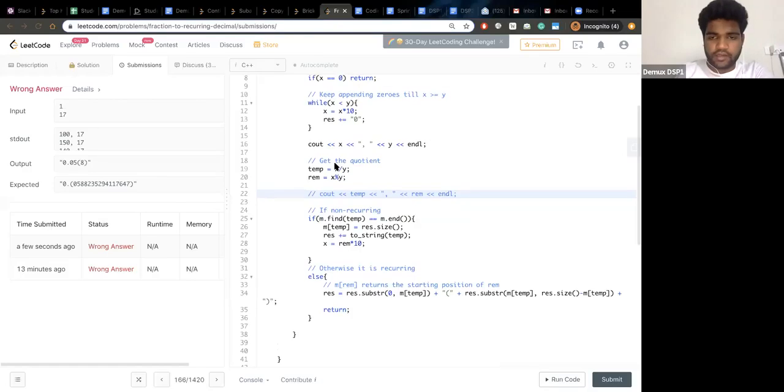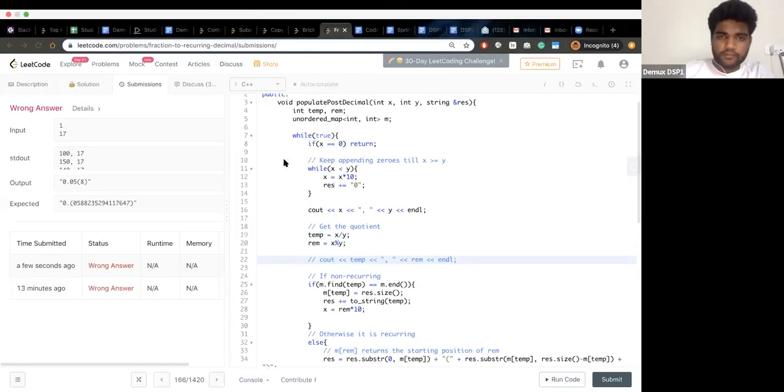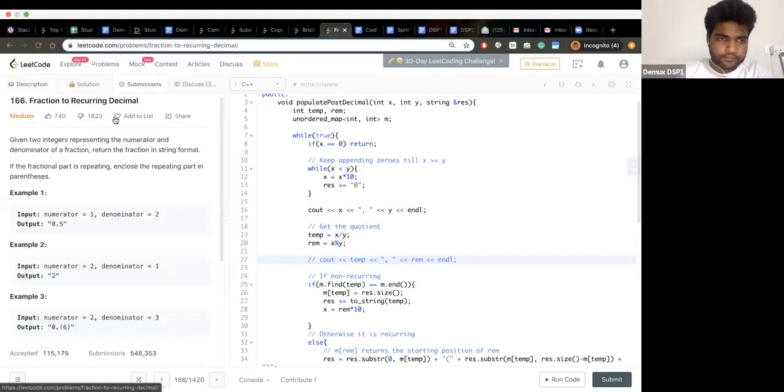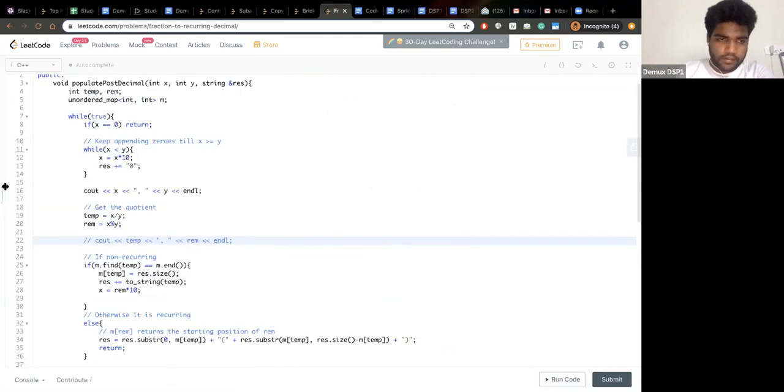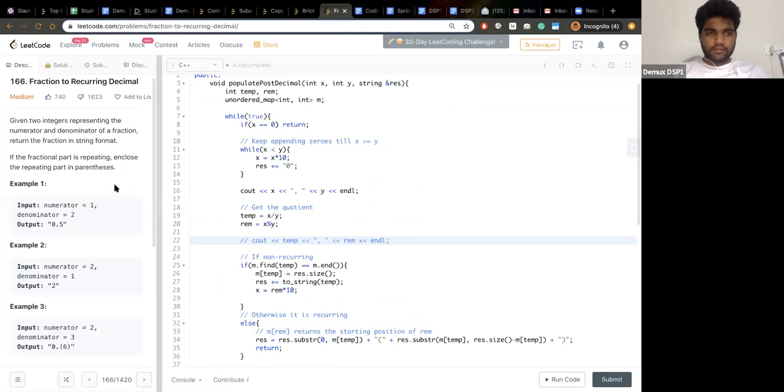I'll just share the screen for the fraction to recurring decimal, and we will see what we did wrong, if you want to debug. So let's come back to the idea. Why did we, like, why were we